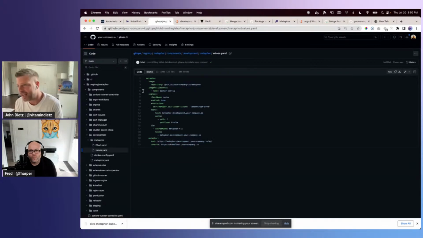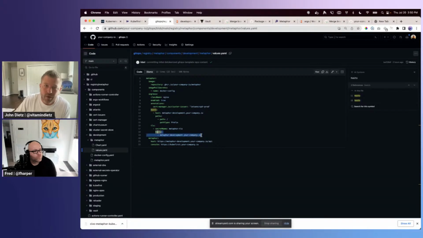And this is where you get to specify the individual details about what it is about your application instances that are different from one another. So for example, you can see right here, we had to override the TLS host for certificates, and we had to override the host for the ingress mapping because every instance of this application has to have a different host name. They can't all share the same host name, or they would collide with each other and be competing for ownership of that particular host.